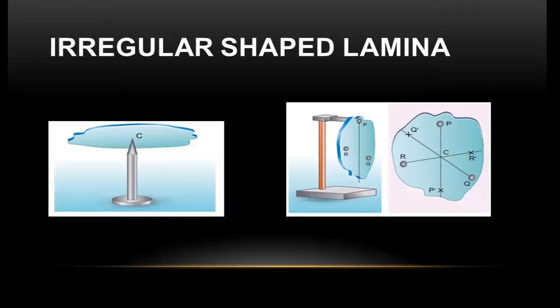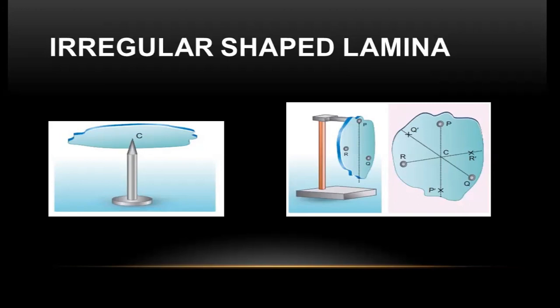One is, when you try to balance it on a nail, that object should be able to balance at one particular point, and that particular point would be the center of gravity of that irregular shape. Or the other way is, we will have to make three holes, and each hole has to be used to suspend that particular lamina on a stand,